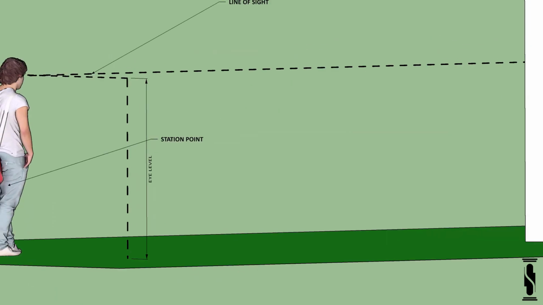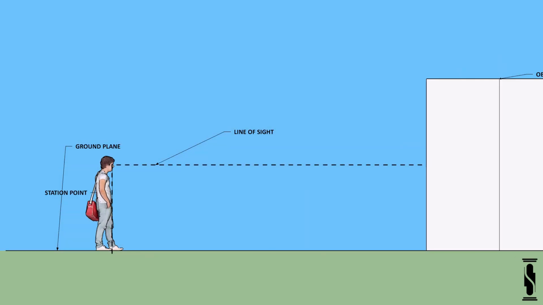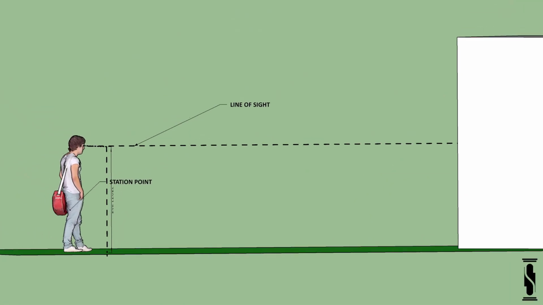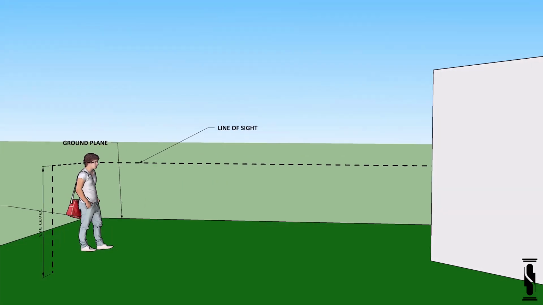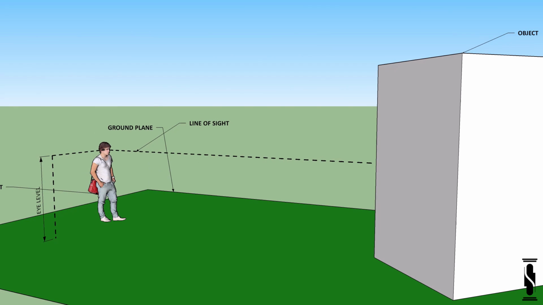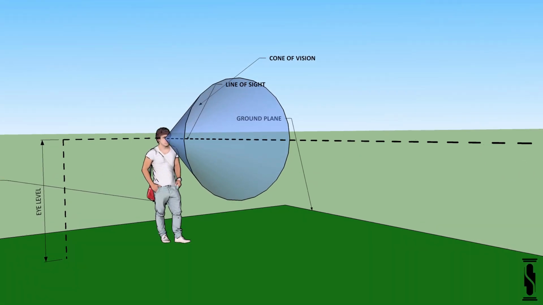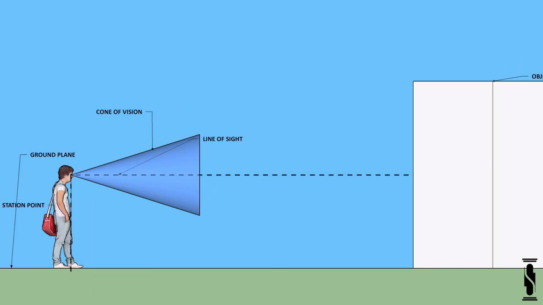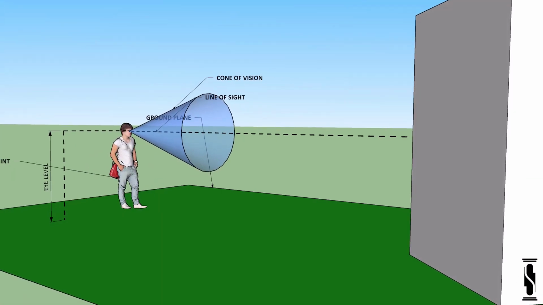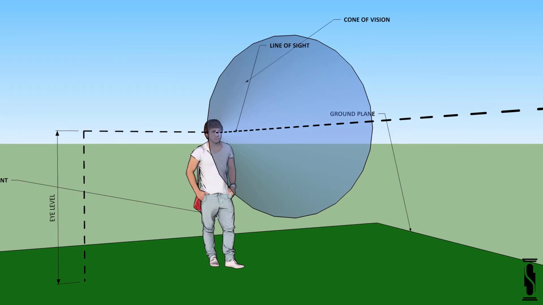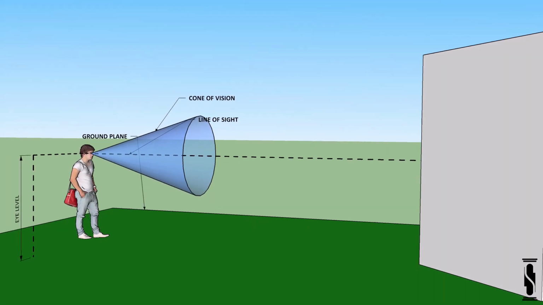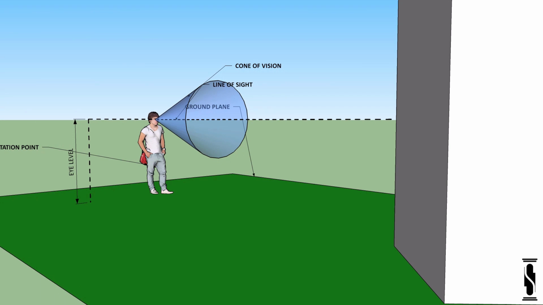Next is the line of sight. It is a straight line drawn perpendicularly from the observer's eye to the object. It is the direction in which an observer must look in order to see a particular object. Next is cone of vision. It is the visual region or the field radiating outwardly from the eyes of the observer. It is more or less of conical form along the central visual axis or line of sight. The angle of the cone of vision is generally 45 degrees to 60 degrees.